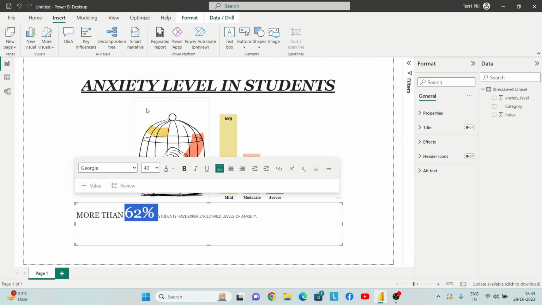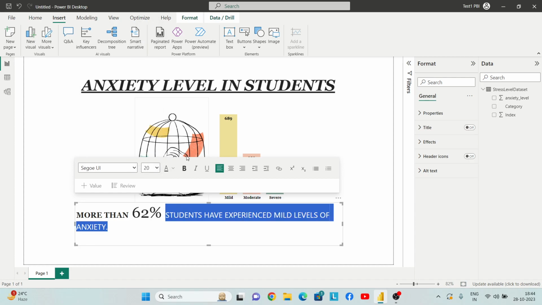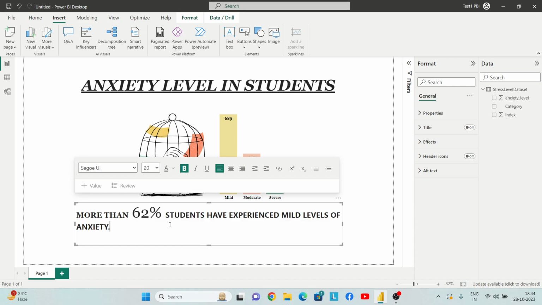Let's keep it 40 in order to highlight it, and you can keep it bold. All right, it's okay. And for this particular text as well, let's keep the size to be equal to 20. Let's keep it bold. All right,